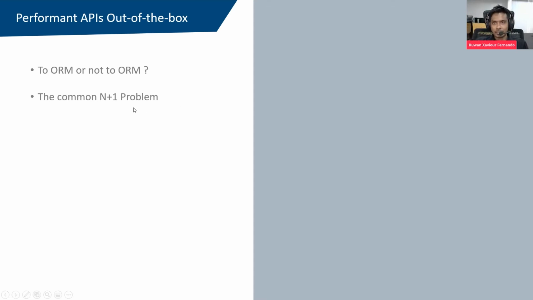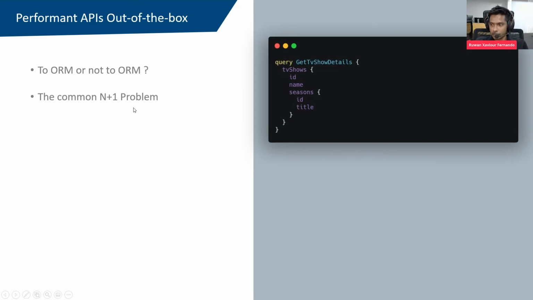So if you take a very seemingly innocent query, for example like this, you have a GraphQL query where you want to get all the TV shows with ID and name, and for each TV show, I also want to get all the seasons with ID and title. Such a simple thing, right? But